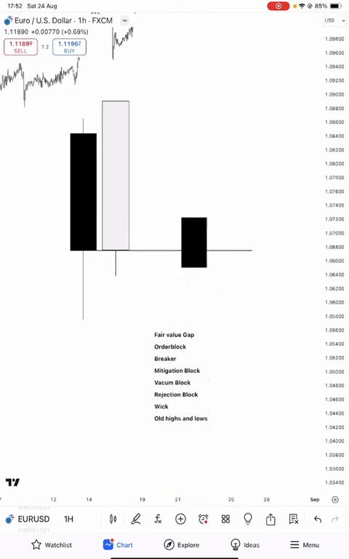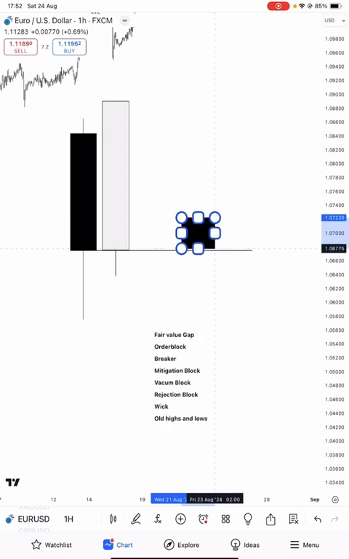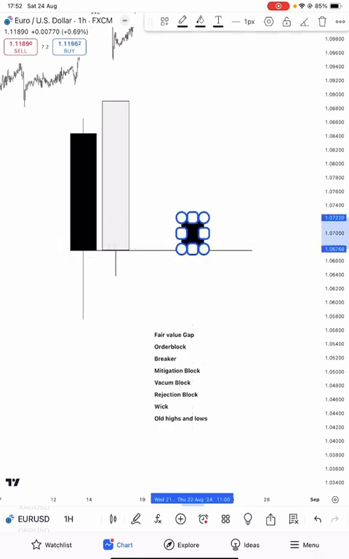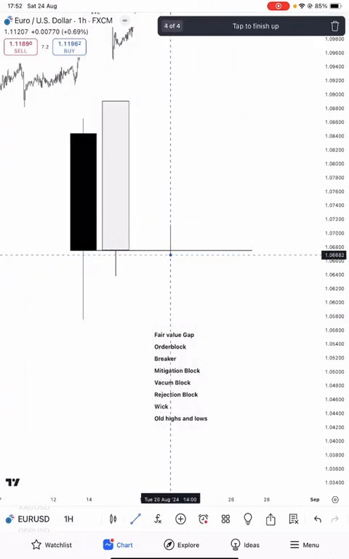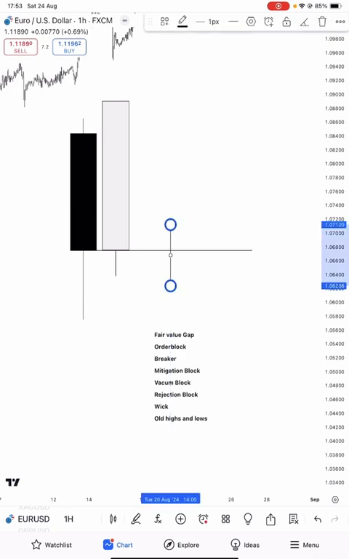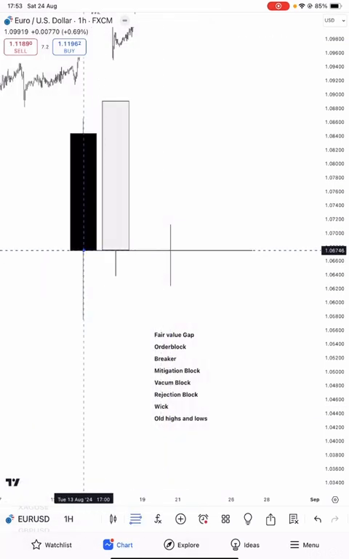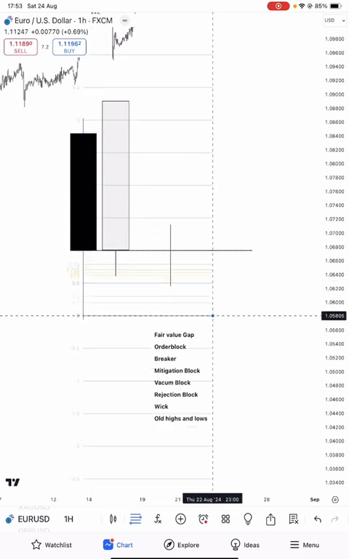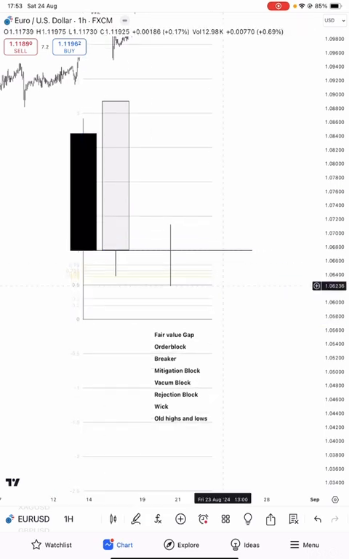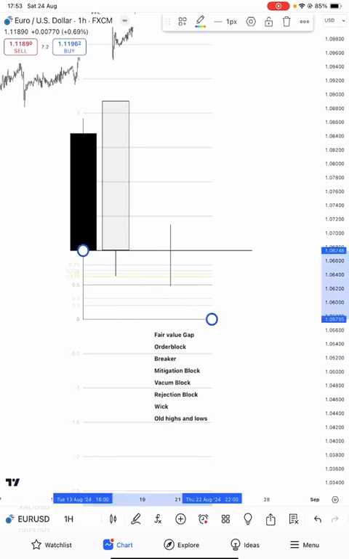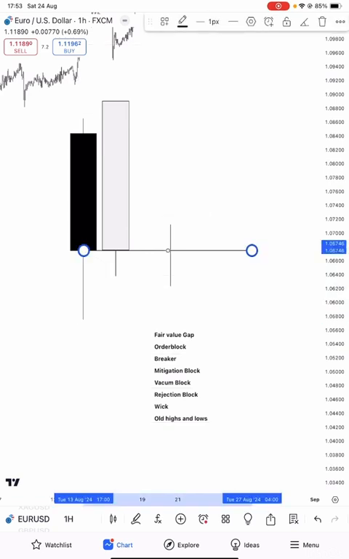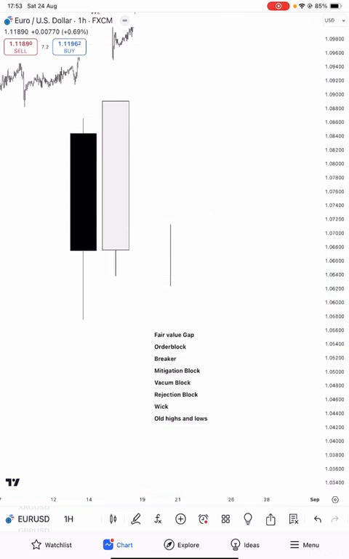So the key level is the rejection block itself, and if a body closes below a rejection block, it becomes another block. So the body should never close below this. This should be a very sensitive level. Usually wicks can reach the 50% of the wick, and that's another key level. A wick is a gap,